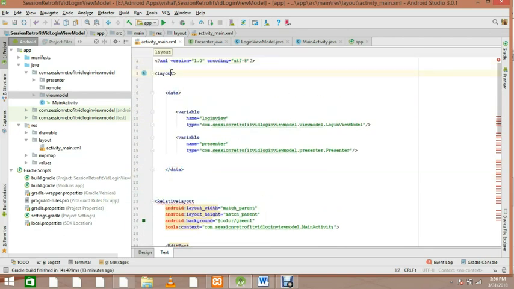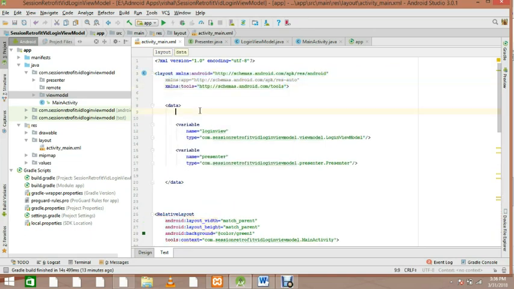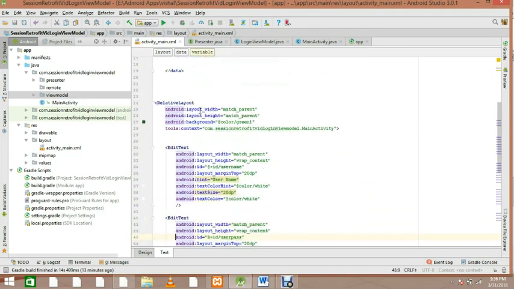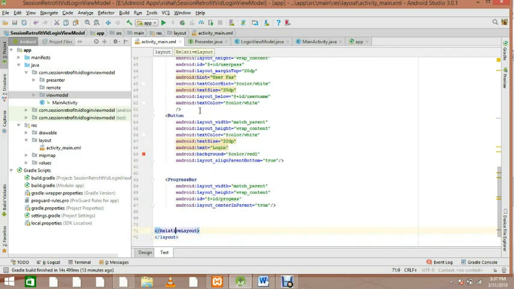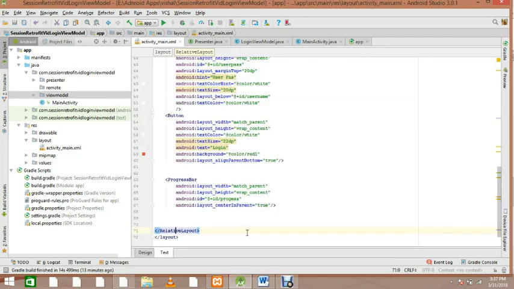This is very easy. So these things are ready for you: login, view model, presenter, everything is there. Yes, that's fine. So now we have to call this on the button, so say on click